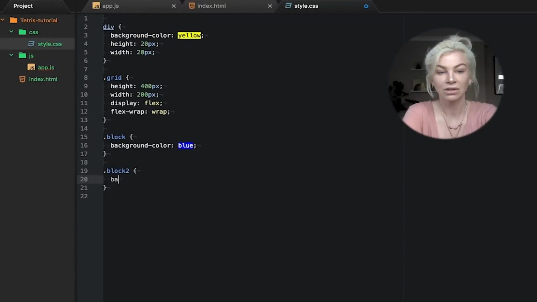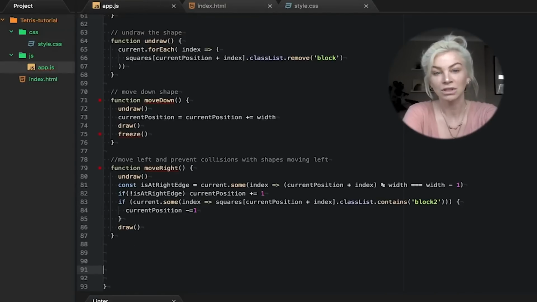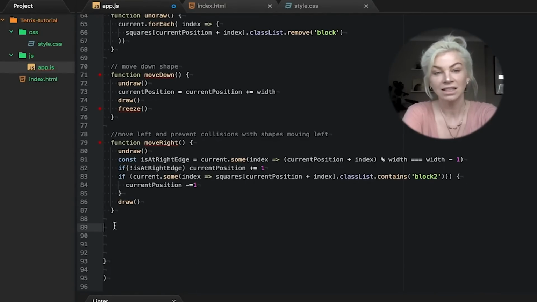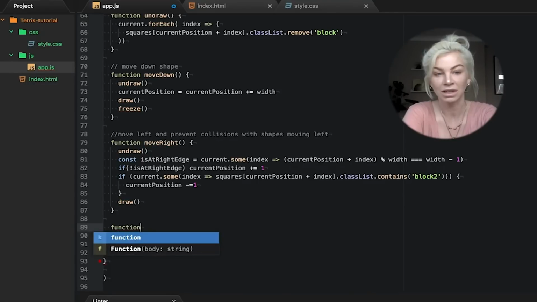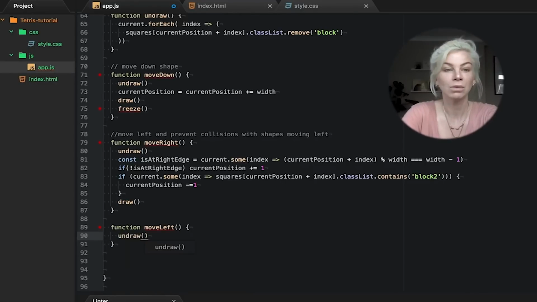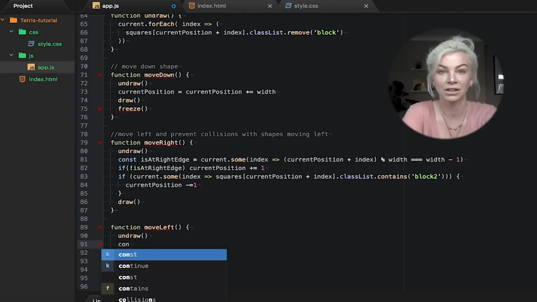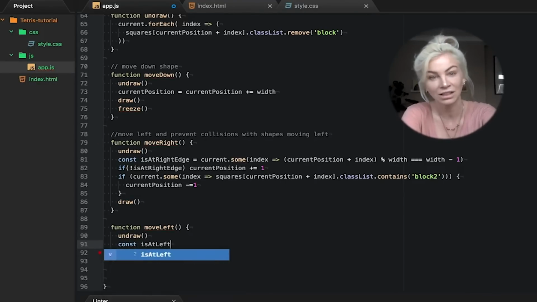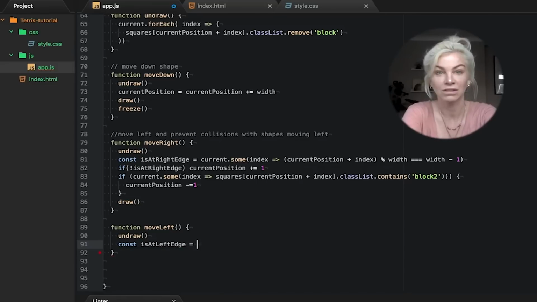Let's do the same for moving our tetraminos left, using the same logic as above. You will notice I use modulus here. This is saying that if our shape has a square in div 10, div 20, div 30, and so on, it is divisible by our set width and leaves a remainder of 0. Remember that we count the first item in our array as 0, so div 10 is actually div 11 in our physically drawn divs in our HTML.